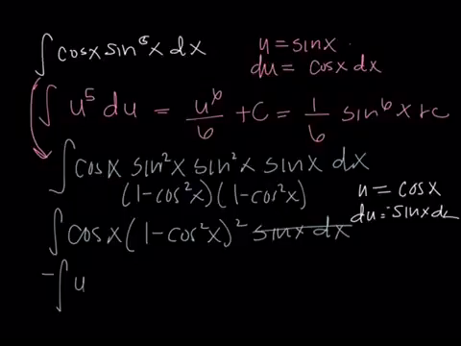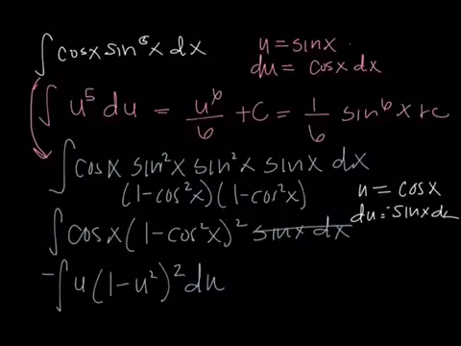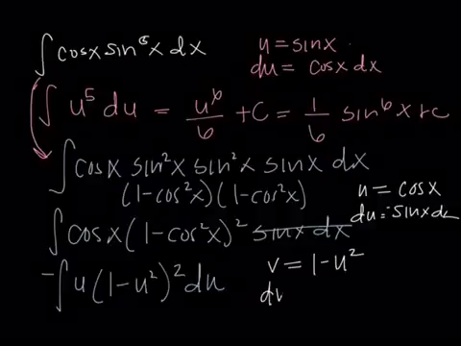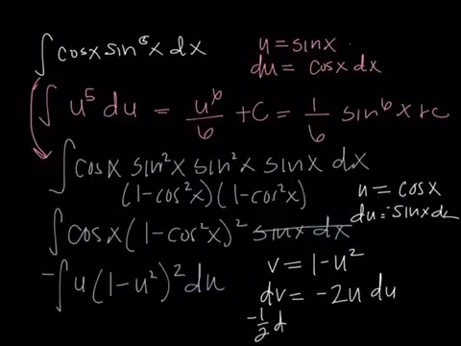So this becomes the integral of u times 1 minus u squared squared du. The easiest way to do this from this point is actually to do a secondary substitution. Let v be 1 minus u squared, so that dv is now negative 2u du, or negative 1/2 dv is u du. So now u du